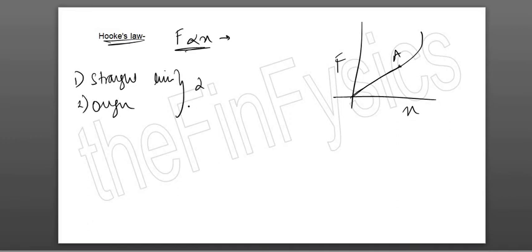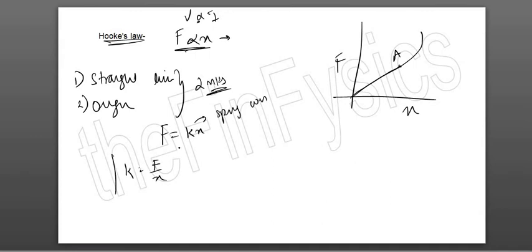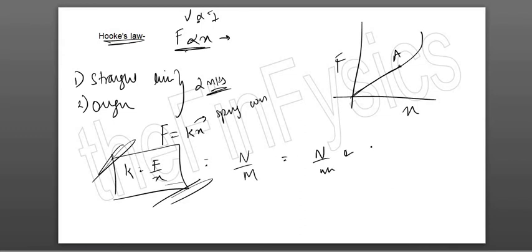These 2 marks. The same they can ask you for Ohm's law. Okay, over there as well we have V proportional to I. So wherever they have a direct proportionality question of graph, the graph should always be a straight line and it should pass through origin. This comes in the exam for 2 marks. Okay, so beta, if I have to write an equation, it will be F equals Kx, where K is the spring constant and this K will be F upon X. So the SI unit will be Newton per meter, but since we use small springs, it will be Newton per millimeter or Newton per centimeter for us with the values that they will give.